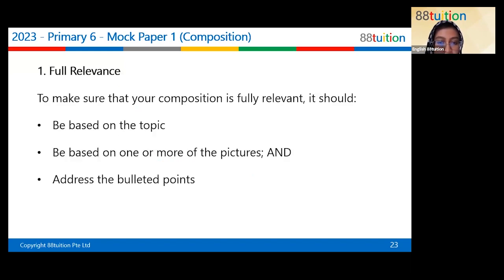Okay, so make sure that your composition is fully relevant. It should be based on the topic, on the pictures, and address the bulleted points. So do not go out of context. Okay, it happens a lot. Some students, they just get